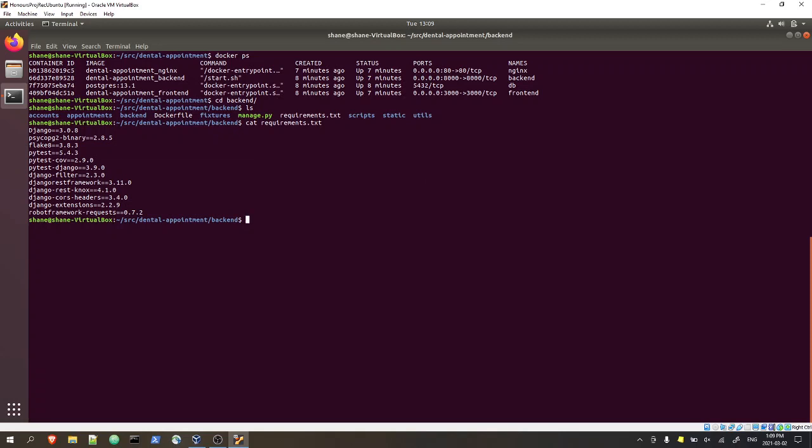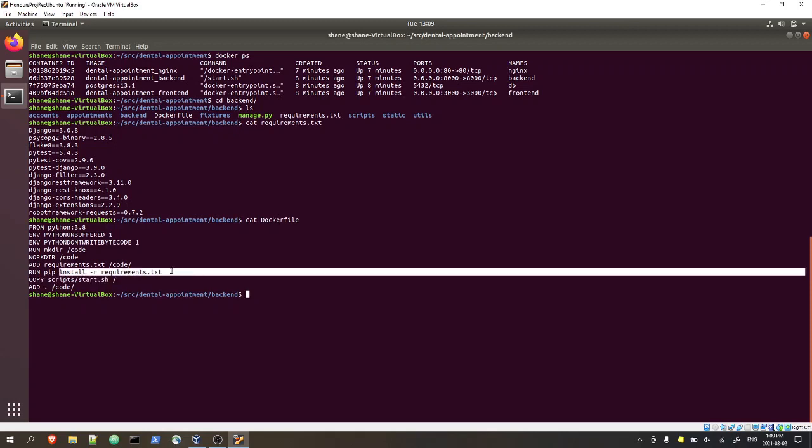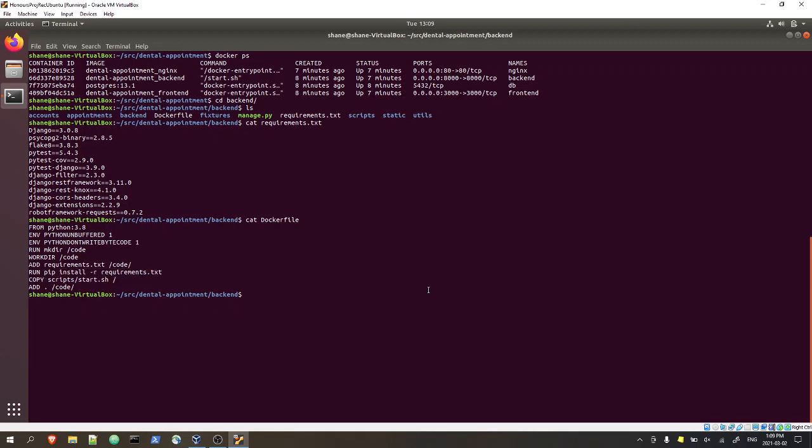In our case, since I have a Docker file that I build the backend container with, it's already doing the pip install step for me. So these were already installed in the Docker container when I built it in the last video. Once you have that installed, then I have a